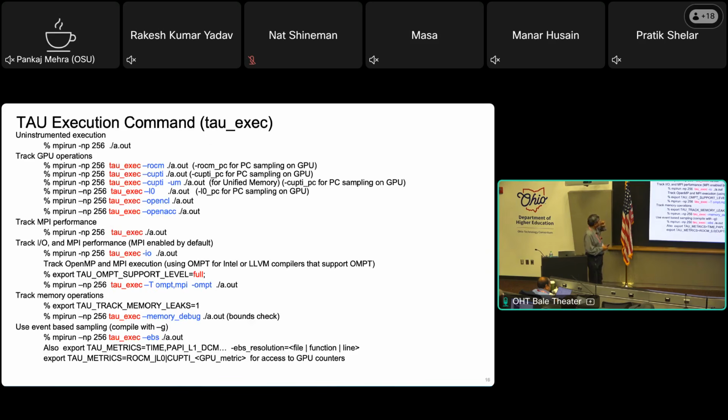This is how it looks. If you say tau_exec a.out, then it will generate the MPI data like this. But if you say tau_exec with -rocm, then it will show you the time spent in all the kernels on the AMD GPU. If you say -rocm_pc, then it does PC sampling on the GPU, and you'll be able to see which instructions on the GPU were taking time. The same with CUDA, with -cupti or -cupti_pc, and Intel GPUs with -l0 and -l0_pc for sampling on the GPU. If you want to sample on the CPU, you use -ebs or event-based sampling, and you can even specify